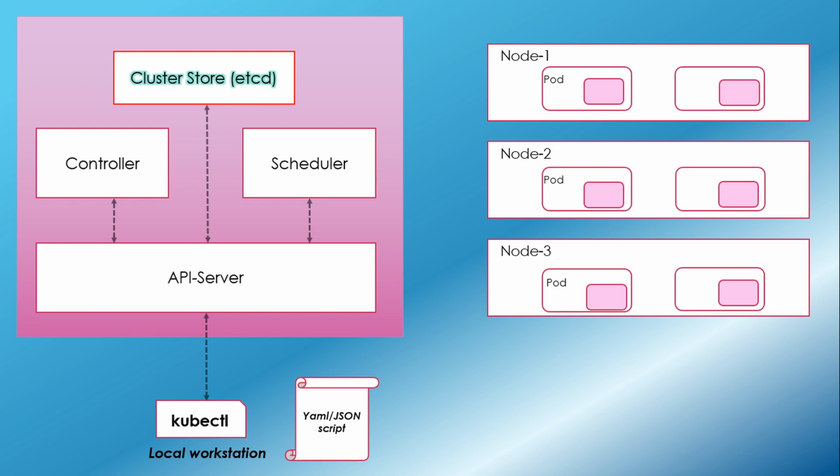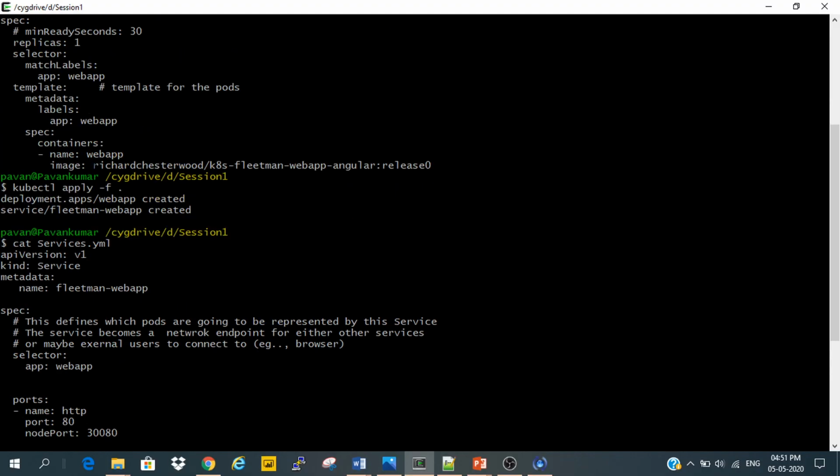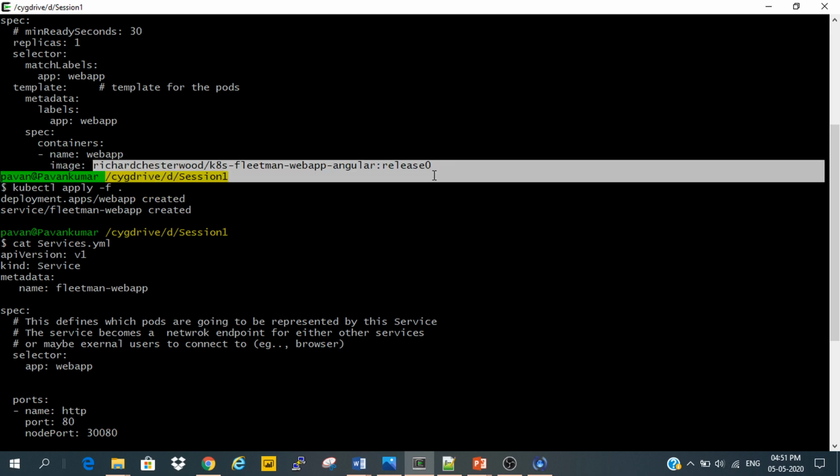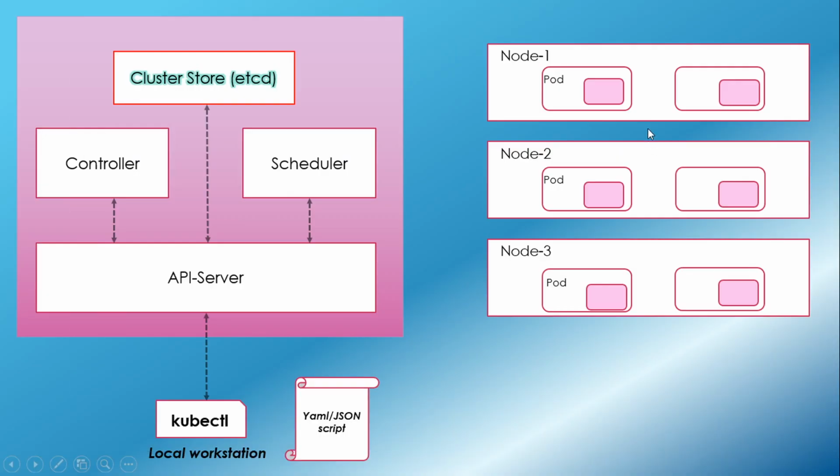Why do we use the Docker engine? Because in the deployment file we mentioned this image, and this image is nothing but a Docker image coming from Docker Hub. That is the reason. In order to run this Docker image, we should have the Docker daemon. Where do we get the Docker daemon?